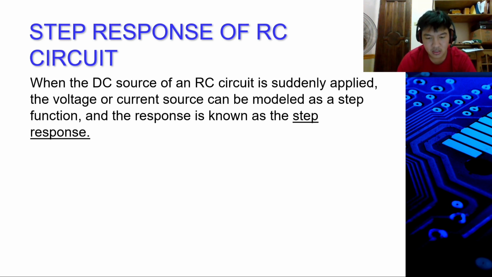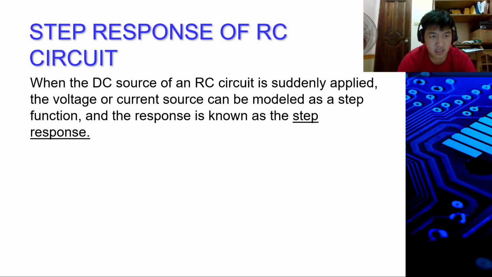where there is a supply in the circuit, which is a DC source. When the DC source of an RC circuit is suddenly applied, the voltage or current source can be modeled as a step function, and the response is known as the step response. So, if we suddenly apply a voltage or current source such as a DC source, then that DC source can be modeled as a step function. So that is what we mean